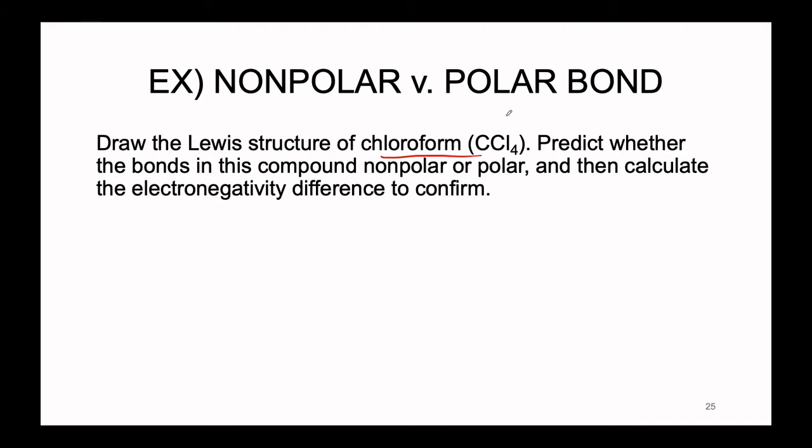the electronegativity table, I would like you to predict whether the bonds in this compound are going to be nonpolar bonds or if they're going to be polar bonds, just based off of the location of carbon and chlorine on the periodic table. Are they close enough that you think they would be similar enough that you have a nonpolar bond, or are they far enough away where you think that the electronegativity values are going to be different enough to give you a polar bond? Once you have your prediction, then please go back to the electronegativity table and confirm what your expectations were. So we're going to hypothesize an outcome, and then we're actually going to double check what the